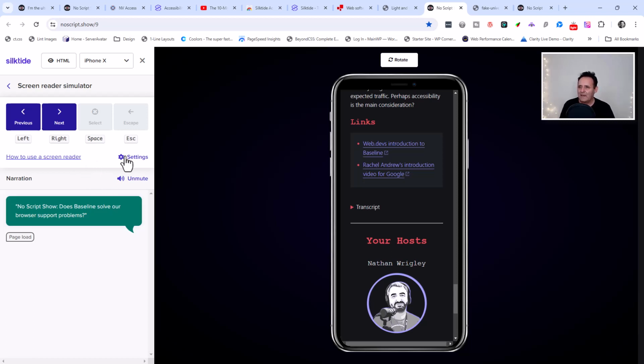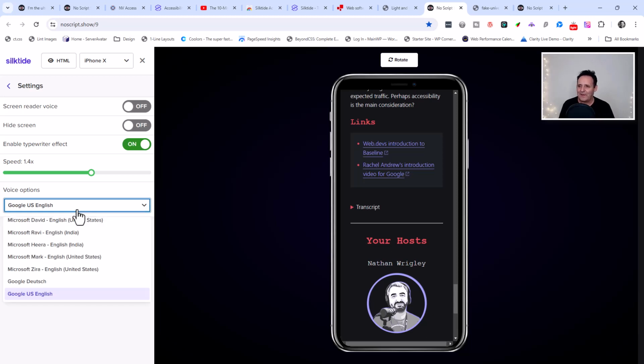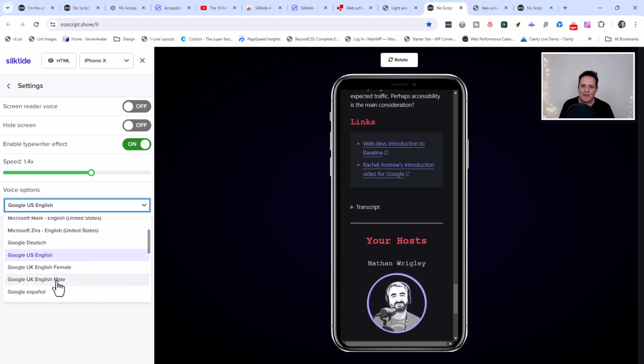While I am here, I'll just go into the settings and mention something. So I reached out to Silktide, who came back to me in minutes. I was really impressed with that because I thought there was a bug for them. It was that I was using some Google Voices here, and they were falling silent at roughly about 280 characters. And the text was still printing on, as you can see, with that text effect. It seems they couldn't replicate it at first, came back to me, and they said they would pass it up,